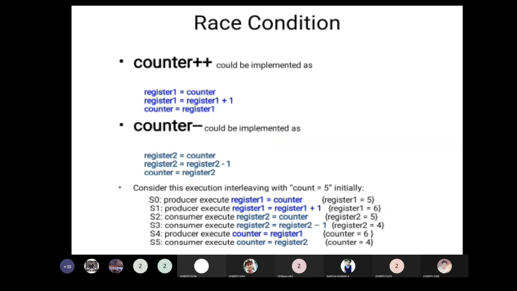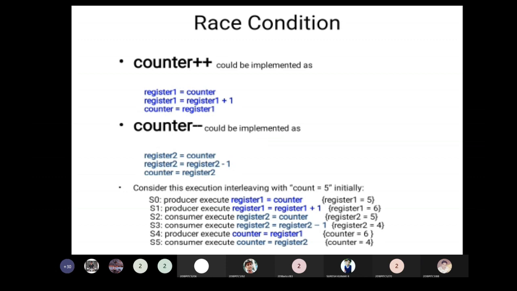Now register 1 will contain the value 5, because counter is 5. Then in step 2, the producer executes register 1 equal to register 1 plus 1, which means the value of register 1 is incremented by 1. Now it becomes 6 and it is stored in register 1.